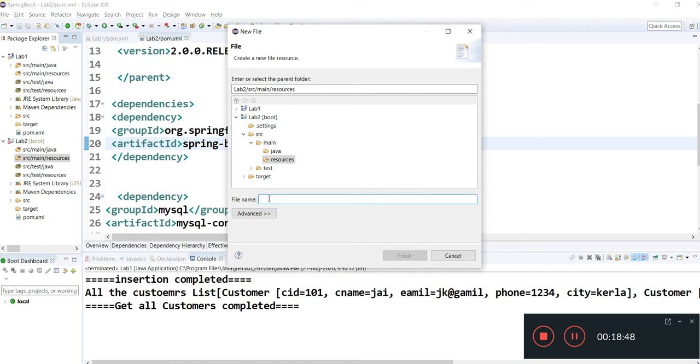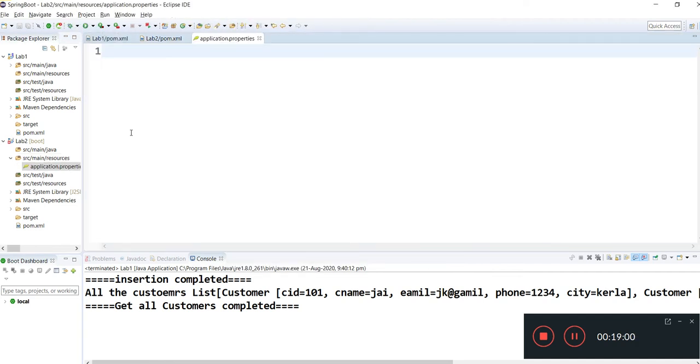You can mention the name as application.properties. You can see a file with the name application.properties has been created, and you can see this leaf icon with this file. If this leaf icon is associated, then you can easily identify that we are working with Spring.